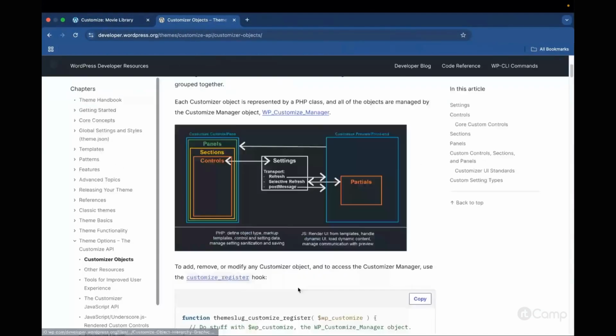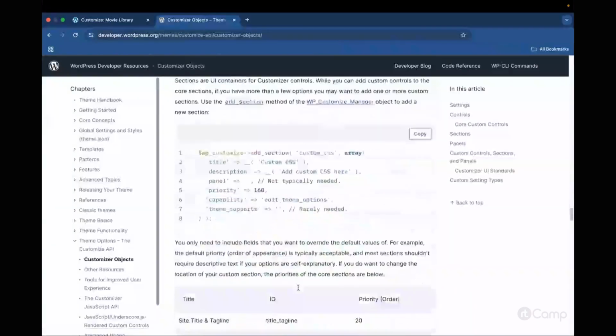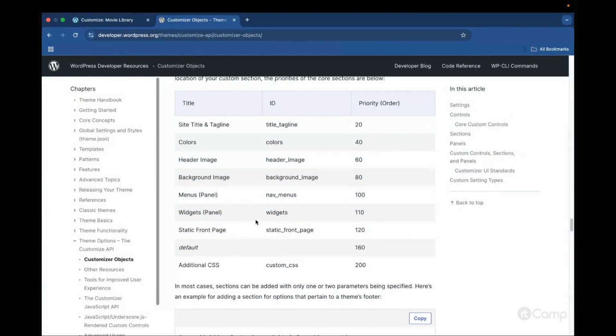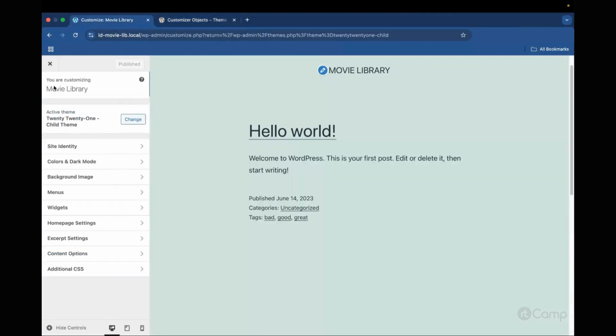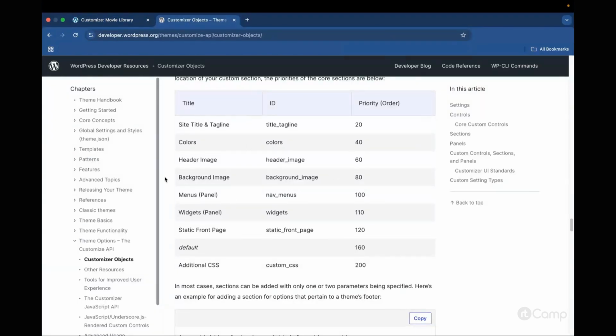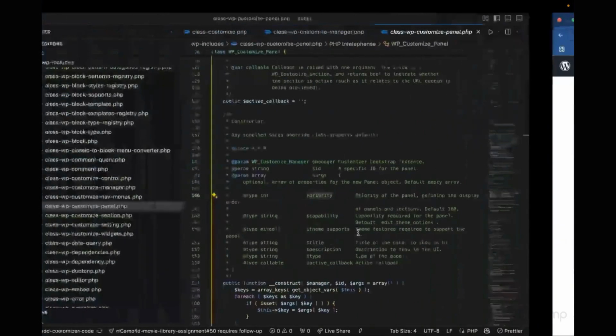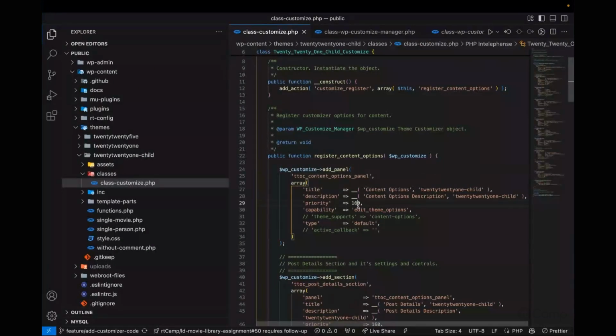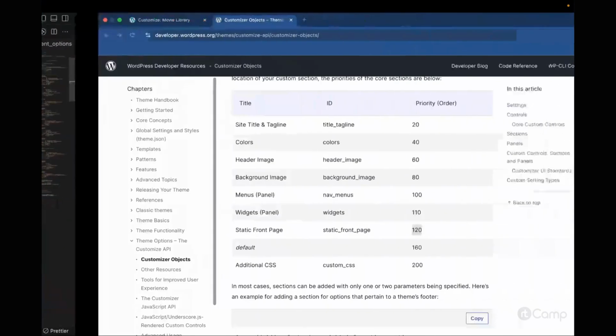So for example, if we check the documentation, we can see the default priorities of all of the panels here. Currently our custom panel is visible just above the Additional CSS panel. This is the default, but we can try changing it by changing the priority. For example, let's say we want to display our custom panel above the homepage settings. So inside of the documentation, we will check the priority of the homepage settings panel. It is the static front page panel, which is the panel for the homepage settings, and it has a priority of 120. So we can try changing the priority of our panel to 110, and this will display it above